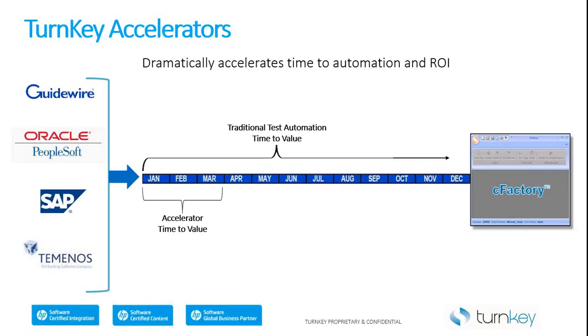And what we see is that, rather than if you were trying to do this with a script-based process and deal with the change and complexity and the maintenance required, where it really never ends. If you look at the top timeline, we just don't believe it ever ends. I mean, it's really, really challenging. The time to value for one of our accelerators, even in the complex environment can be very short. I mean, 12 weeks isn't uncommon. So, you know, hence the term accelerator. We get you there against really, really challenging circumstances very quickly and effectively.